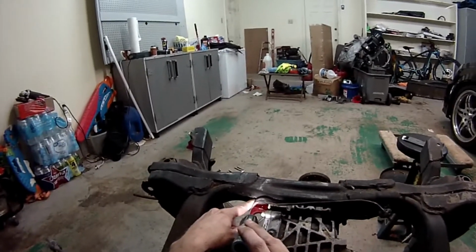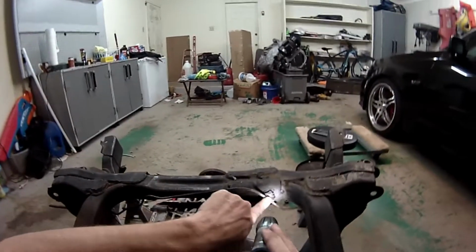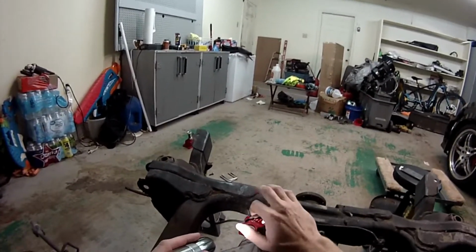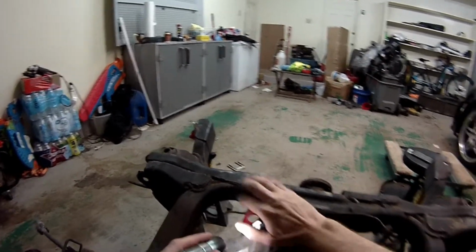You just have to do this one. You don't have to do any of the other ones. There's one down there to the front, and then there's one over here to the back, that you leave in place. And then what you're going to do is just bend this safely out of the way, because when